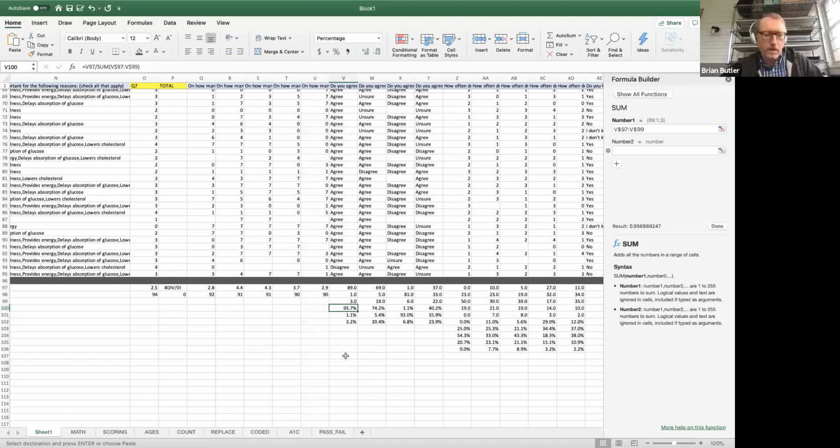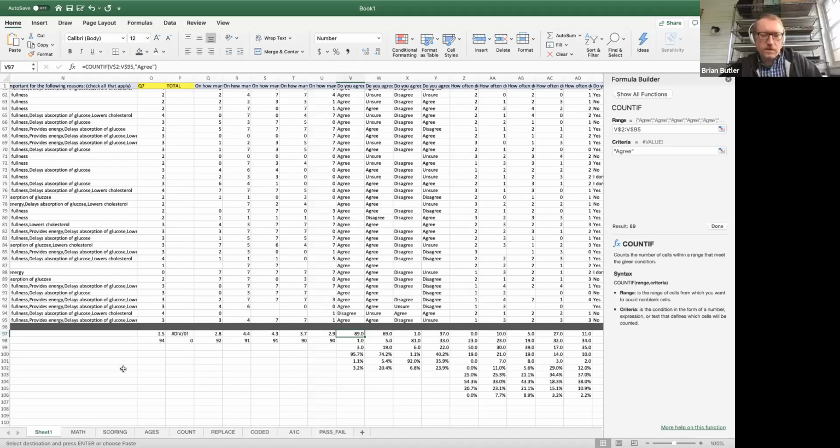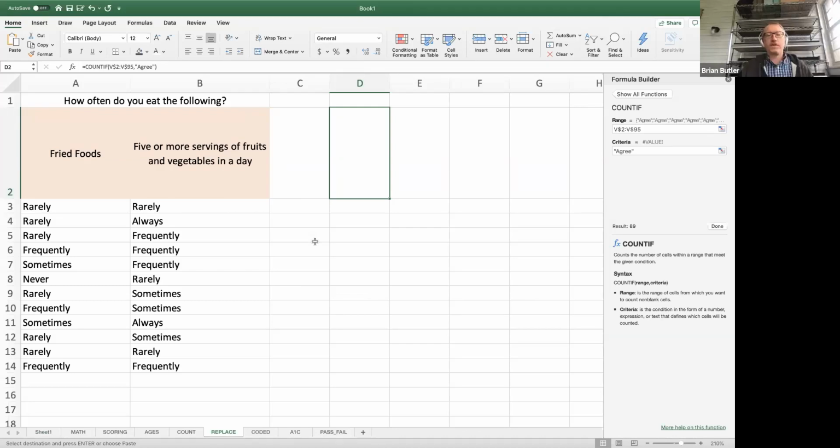All right. I want to move on to find and replace. So if you look here, this is pretty much the same data set, more or less, that we just looked at. So that's great. We could look at our tables again and do frequencies really easily. But again, like I said, we asked this question on the post-test and on the pre-test. So I want to take their post-test answer and see if that is more frequent or less frequent than the pre-test answer, right? My goal for my participants is that at the end of the class, they will eat less